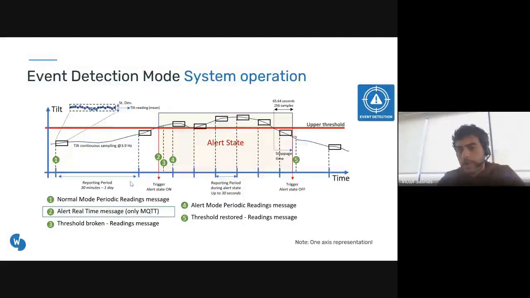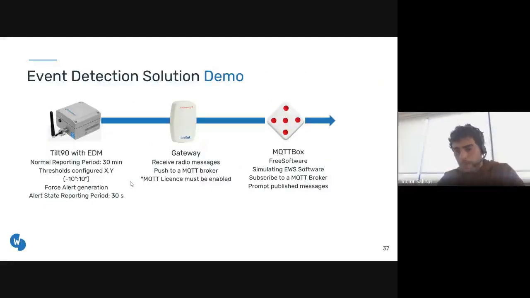Take into account that this is a one-axis representation and only for the upper threshold. So it's not the entire system, but it's representative. Now what we can do is see a live demo of the solution. For this demo, we are using a box of the Tilt 90X that is operating in this event detection mode,